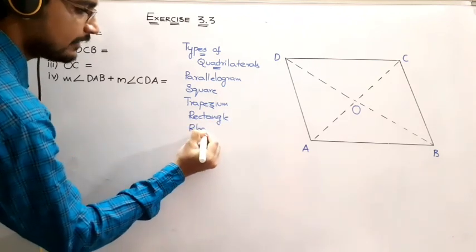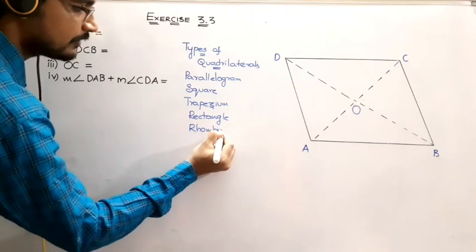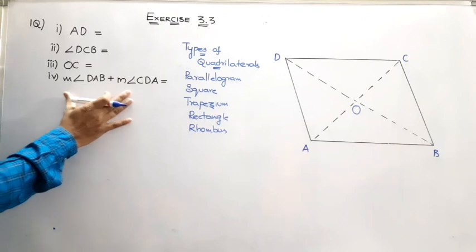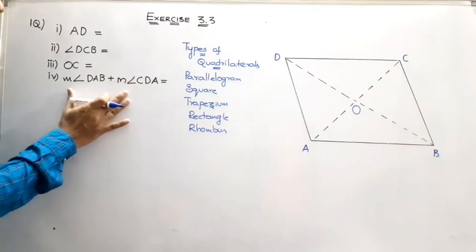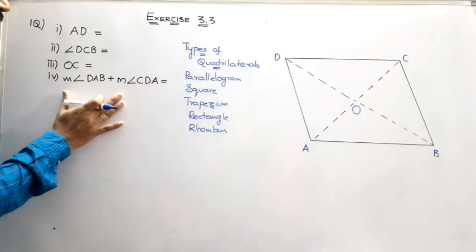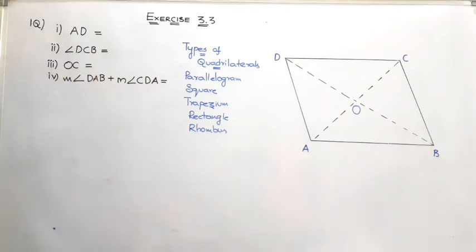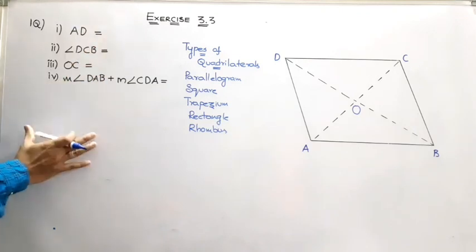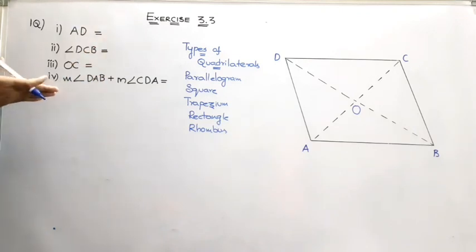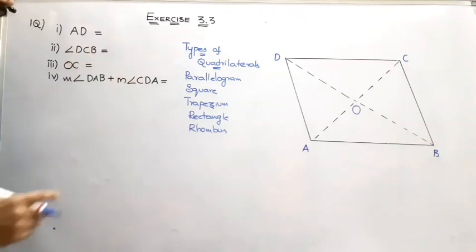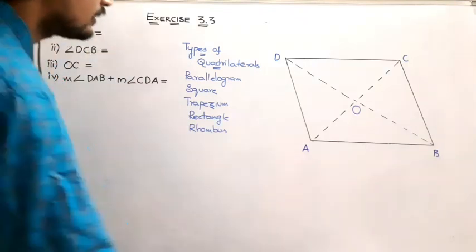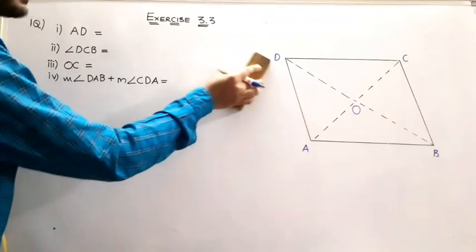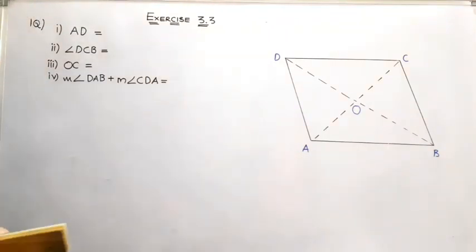So there exists a variety of quadrilateral types which we are going to discuss, and as bringing the concept directly with the exercise problem helps you to have a clear picture of the type of quadrilateral, I want to start the exercise directly. So through the exercise I will explain each and every quadrilateral type so that you will have a better picture of the concept as well as of answering the given question.